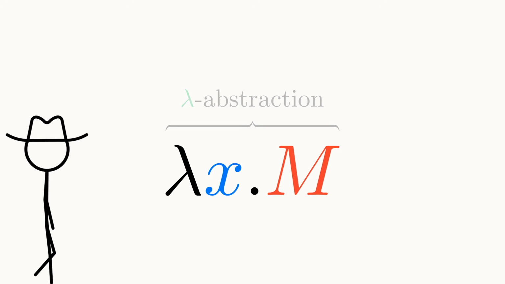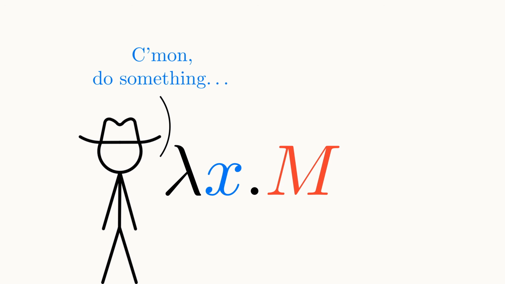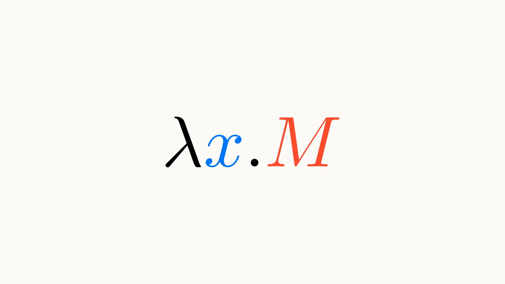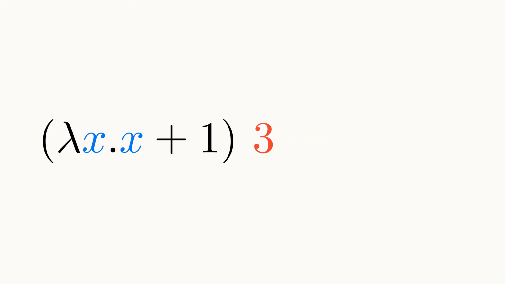Okay, so now we have a concise notation to write functions, but on their own they don't exactly do very much. That's where function application comes in. Let's suppose I have the function that maps the input x to the output x plus 1. If Alice wanted to find what a specific number, say 3, is mapped to, we can substitute in 3 for our input variable. So we would replace any x's we see in the output with a 3, giving us 3